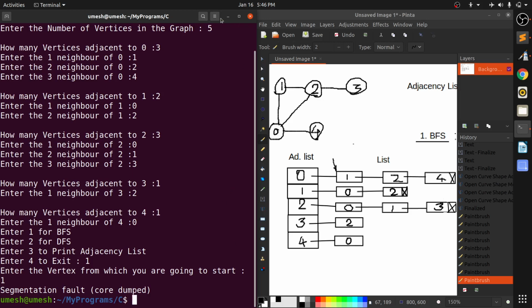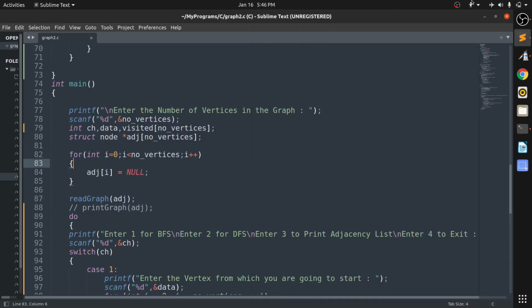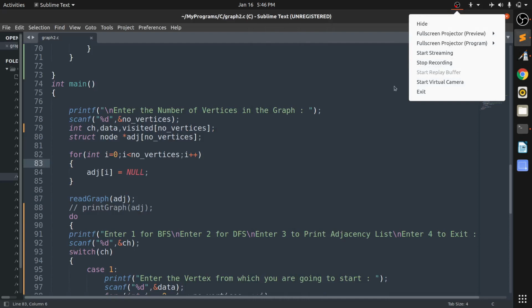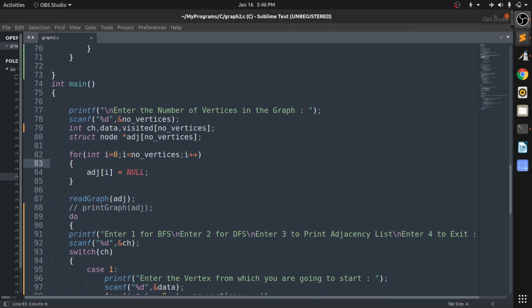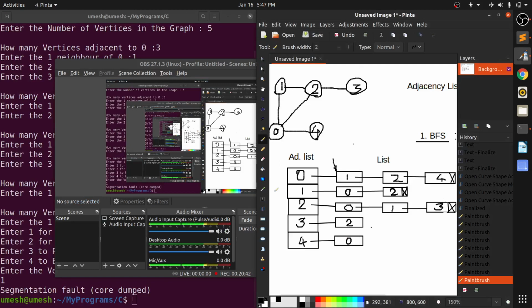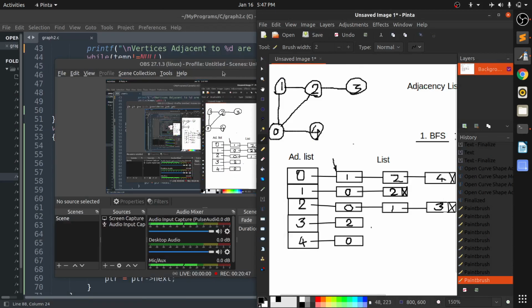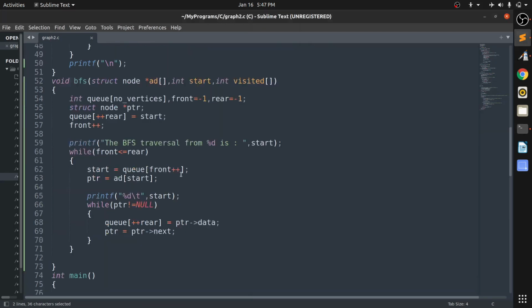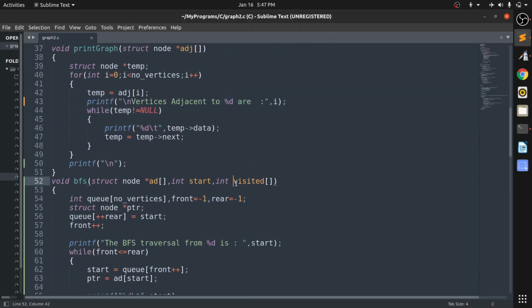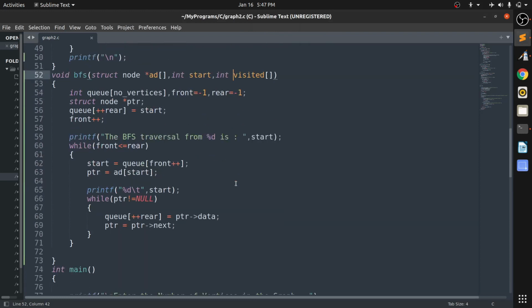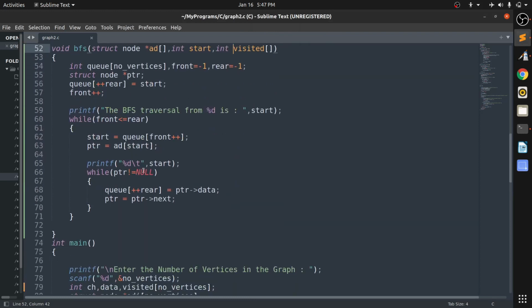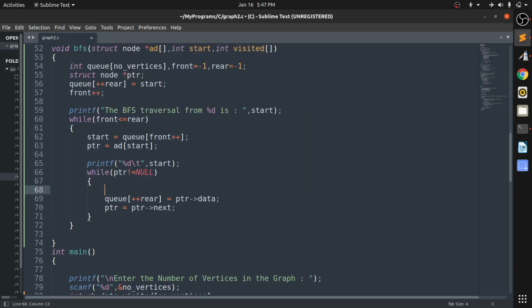Okay, there was some mistake. Okay, I will try. Just a minute. Okay, I got the problem, and the problem was that I have taken the visited array but I haven't used it. So while ptr is not equal to null, I have to also check a condition on the element ptr of data.